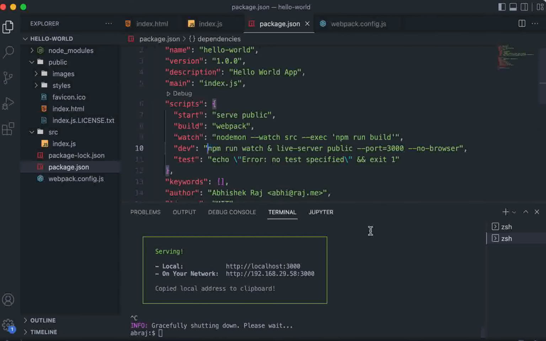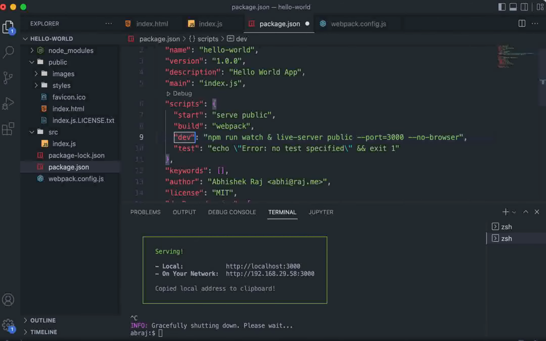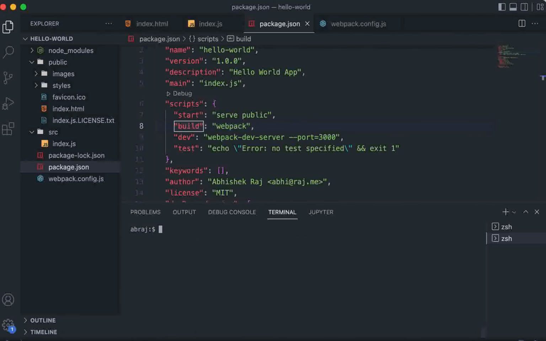So let's do that. The first thing is that npm run watch, nodemon, all these things are not needed. So let's remove this. Now we simply need webpack-dev-server --port 3000. Only this thing is needed, right? Now this starts in dev mode, right? Okay, so let's see. So if I now do npm run dev,